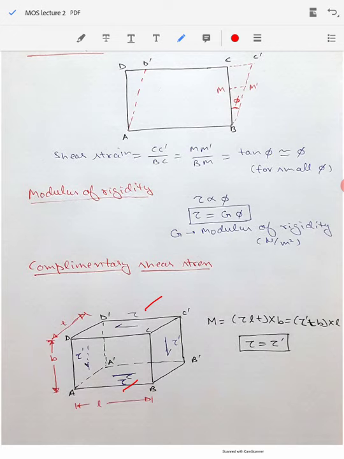So tau multiplied by the area of ABB'A', what will be that area? That area will be length multiplied by the thickness. So tau into L into T will be the amount of force acting at the bottom of